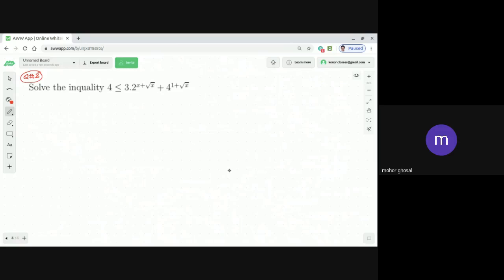Because square root of x, if x is less than 0, then we are not going to find any real solution, correct or not? So one thing we are confirmed, this inequation